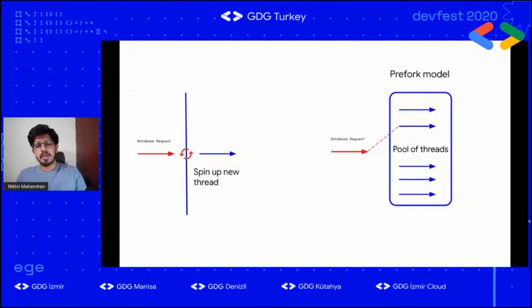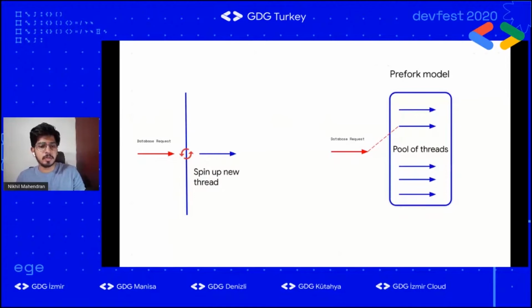Normally, most of the applications we write, simple applications, are CRUD based, so you hit the database frequently. If you are not using a database pool, for each database request we create a new database thread and execute a query. After execution of the query, the database thread dies off. So the expensive operation of creating a new thread is repeated with each request we make to the database. So how can we reduce it?